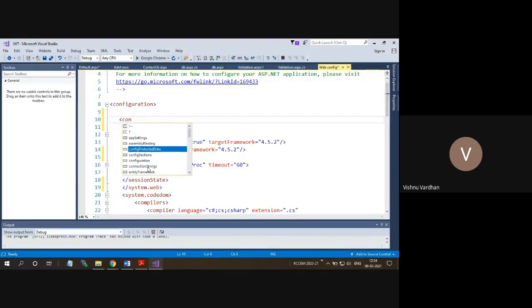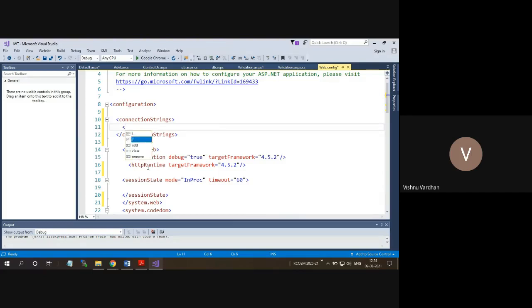So for doing this connection string settings, what can I do is, I can provide the name of this particular, suppose this is a remote DB. Okay, so this is a remote DB, and the connection string is some provider is equal to something. Okay, so provider is equal to some 172 some IP address. Maybe this can be valid or not, I don't know. But then some user ID, then password. So in that way, you can provide your database settings.